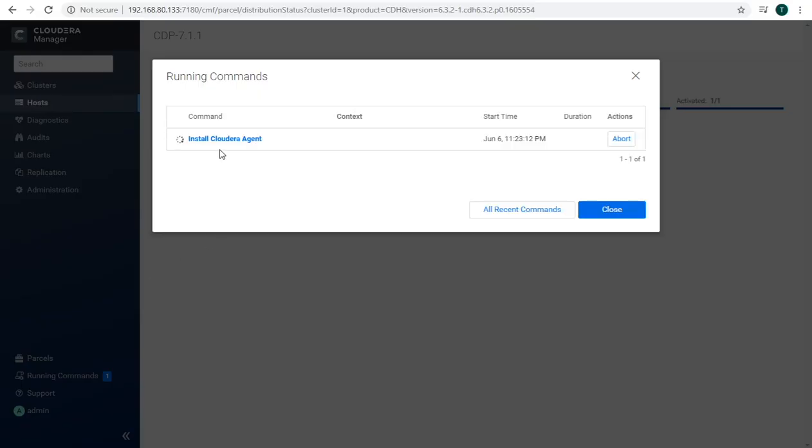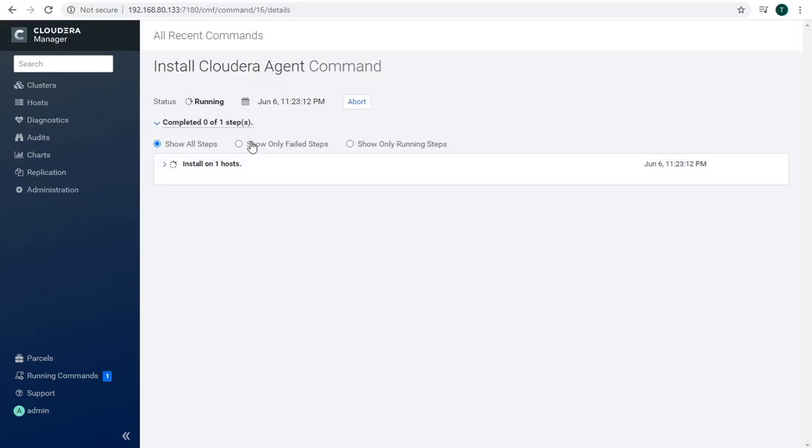So now let's see this one. Okay, running command. It is installing Cloudera agent. Let's just click on it.